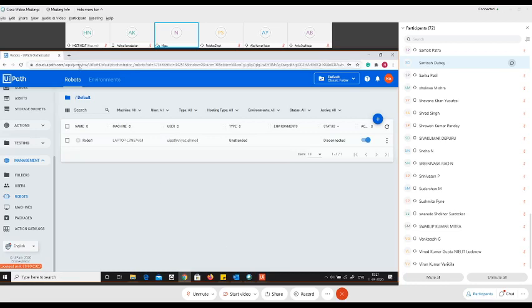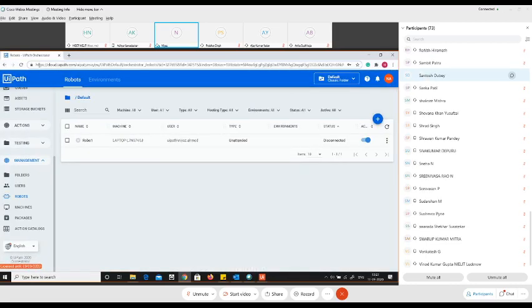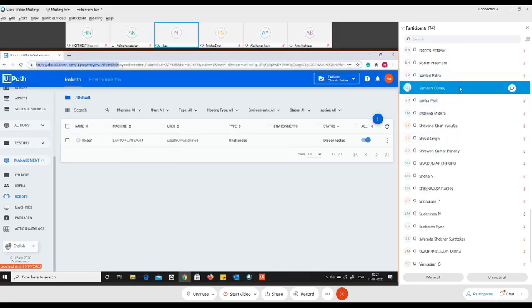Now the next thing that you need to do is connect your Orchestrator to the robot. So how do you do it? You just copy this URL. I'm sorry, I'm not able to access that. Okay, now I get it. So all you have to do is copy this URL, starting from HTTP till the service name. The service name in my case was UiPath default. So I'll copy this